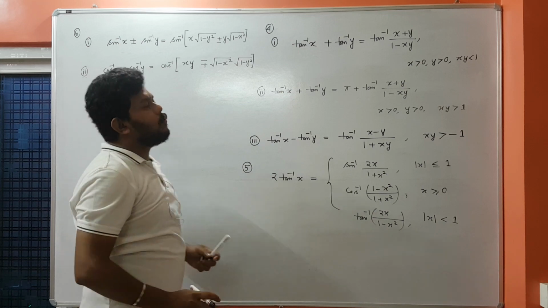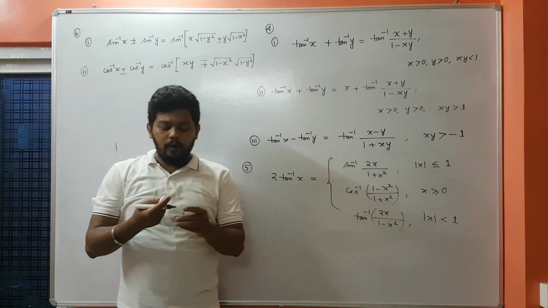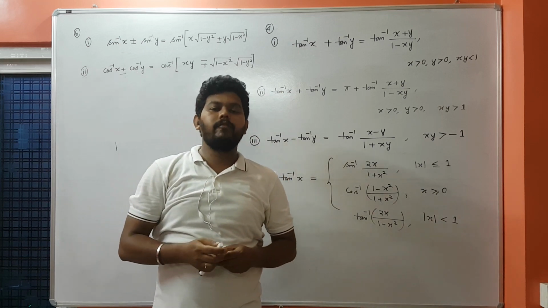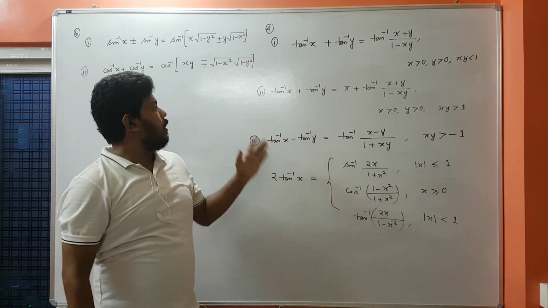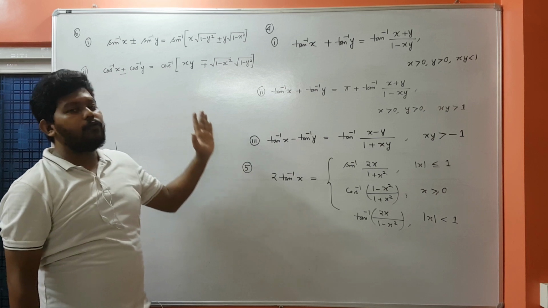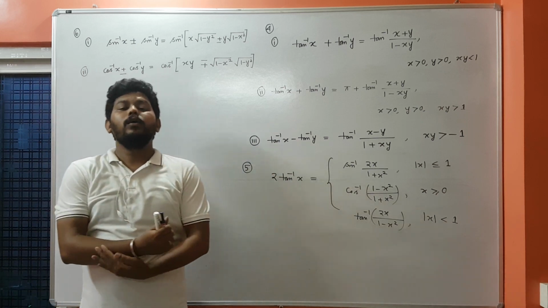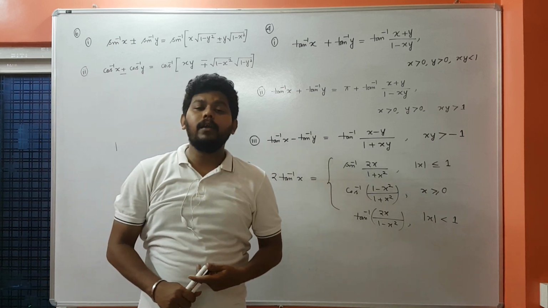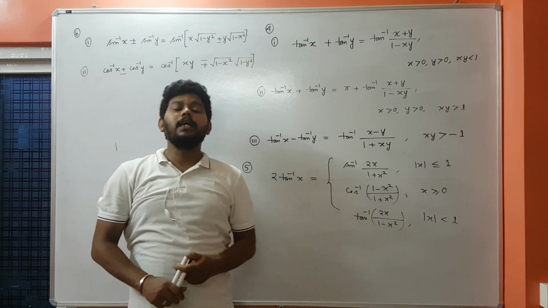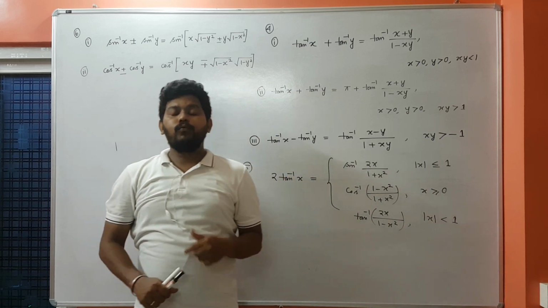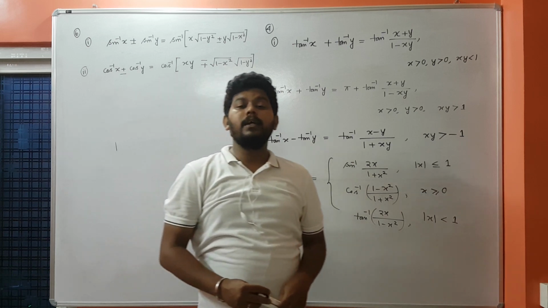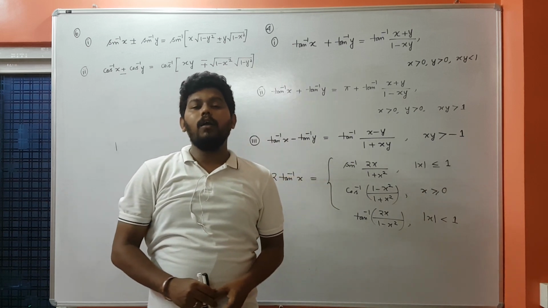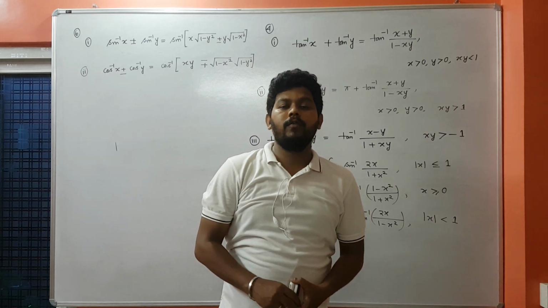These are the basic formulas of inverse trigonometric functions. You have to understand these 5-6 sets of formulas to solve all the given questions in the NCERT book. Tomorrow we will discuss the questions given in the NCERT book. We will solve chapter 2 of NCERT.